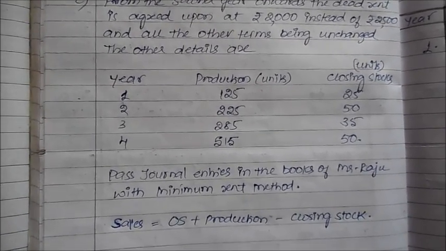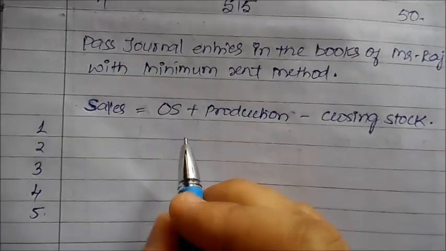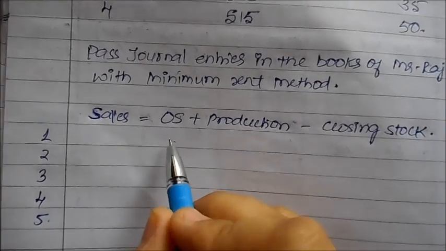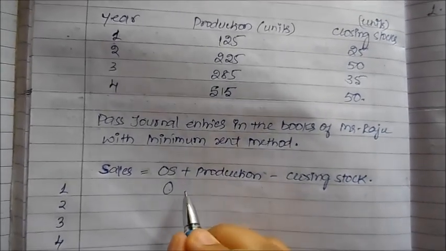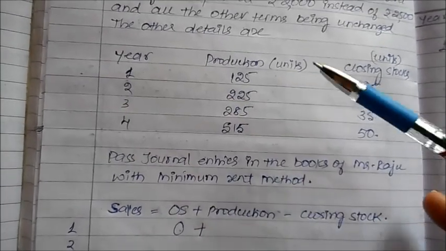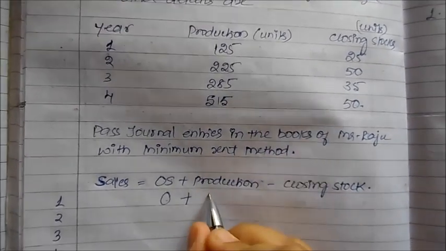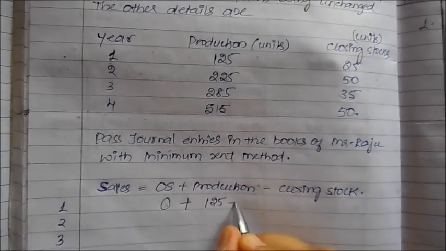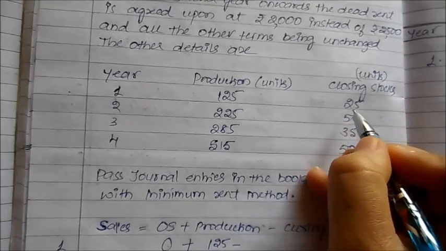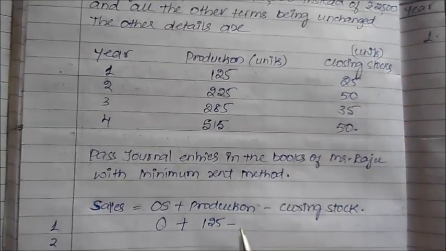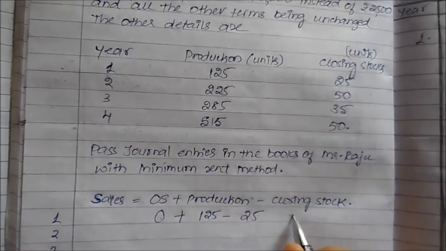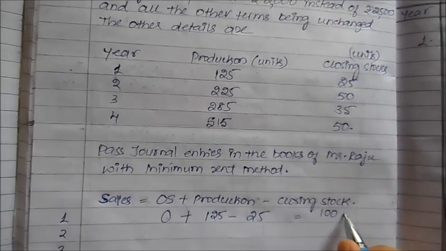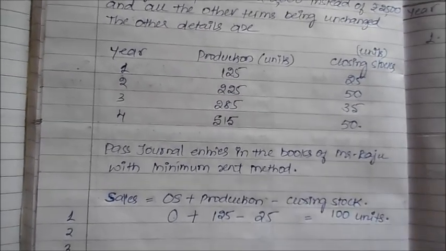Okay, so first let us understand. When we are calculating sales, opening stock for the first year will be considered as 0, because we assume that you are starting the production and before this you have done nothing. Okay, so opening stock will be 0. Now during the first year, please figure out how much production was done. 125 units, and out of these 125 units, how much was not sold? The quantity not sold is 25 units, so we will reduce 25. So opening plus production minus closing will give you how much sales actually happened in the first year.